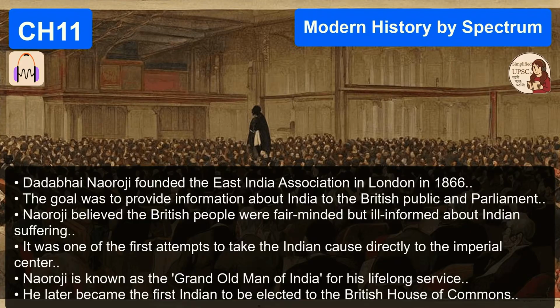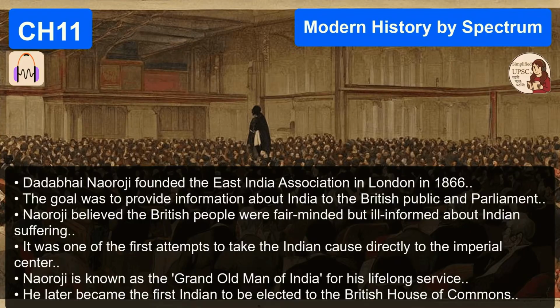Then they start looking at their own country, looking at the poverty in the administration, and they start asking very, very uncomfortable questions. Okay, this is what we call the precursor phase. And for the UPSC exam, we need to be very specific about these early associations because the examiners love asking things like, which came first? Or who founded what? They absolutely do. It's a classic prelims trap. So let's break it down geographically.